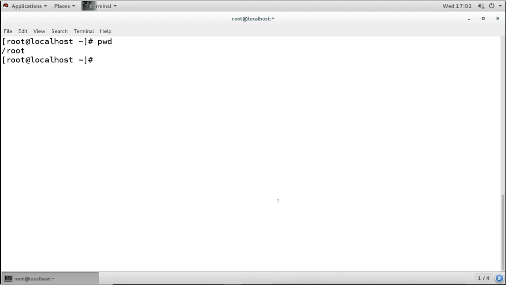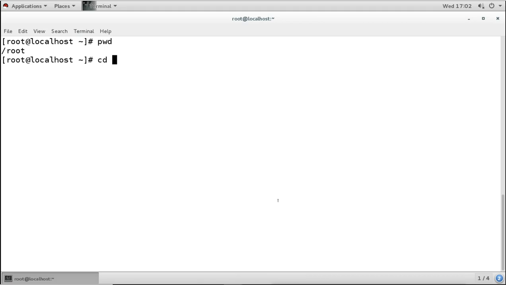Now we want to switch to another directory, we want to change the directory. We want to go to some other directory to do some work. So for that we will use the command cd. cd is the change directory command. So you use cd and then you mention the name of the directory with the path where you want to go. Now remember, we can use the local path also, we can use the absolute path also.